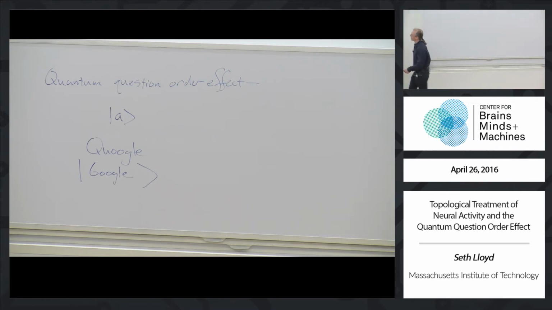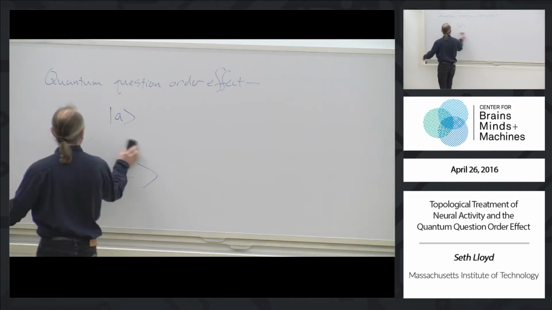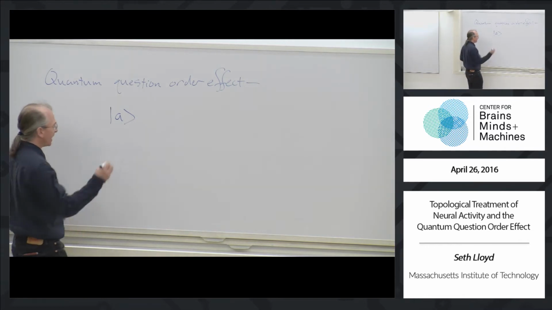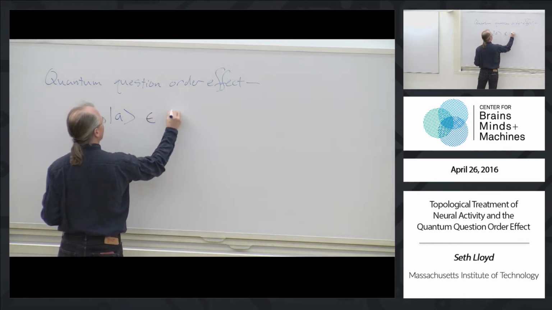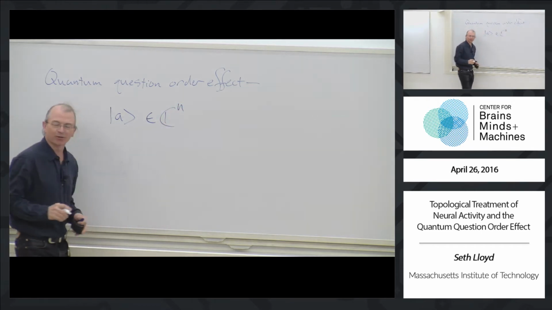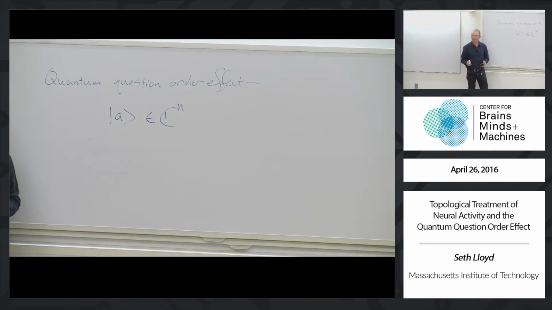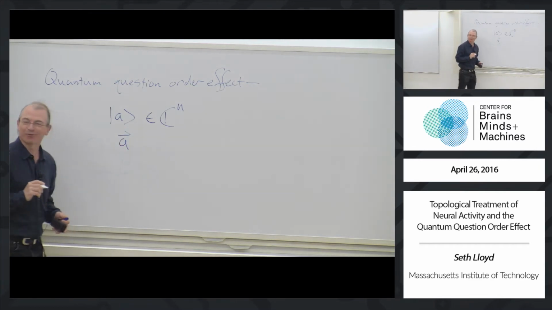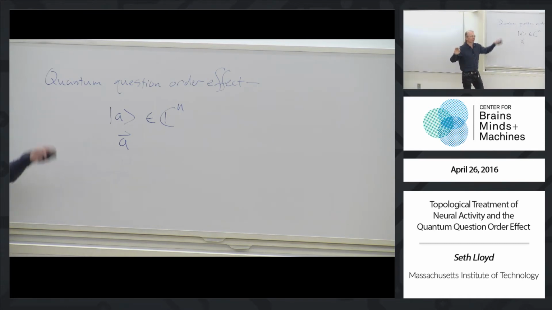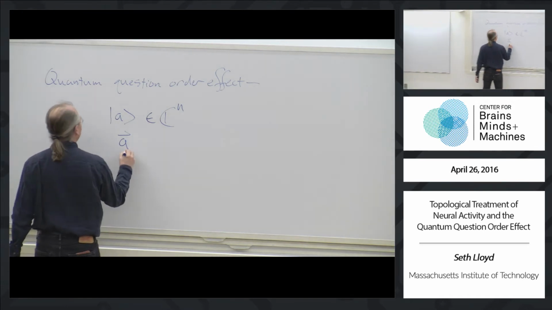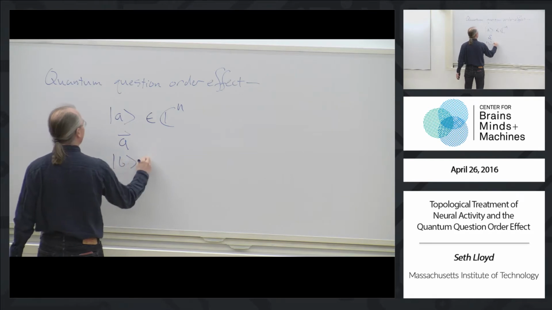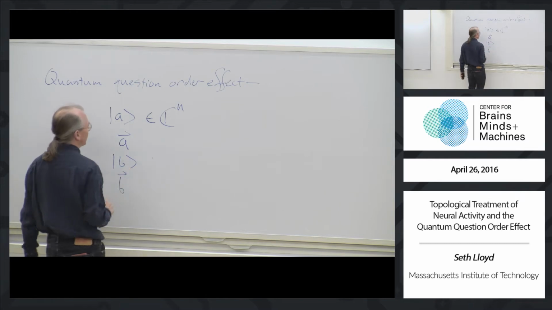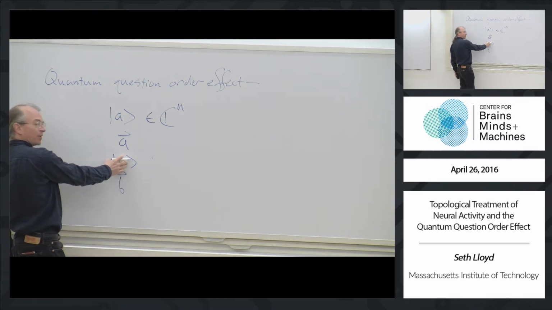Here is a quantum mechanical state. And this could be the state that says, okay, I asked my first question and I got the answer A. It's a vector, typically in some rather high-dimensional complex vector space. I can just write it plainly if you don't want it to look quantum mechanical, but it looks quantum mechanical, so it's cool, right? And then suppose that B corresponds to answering the second question, to giving the answer B for the second question.